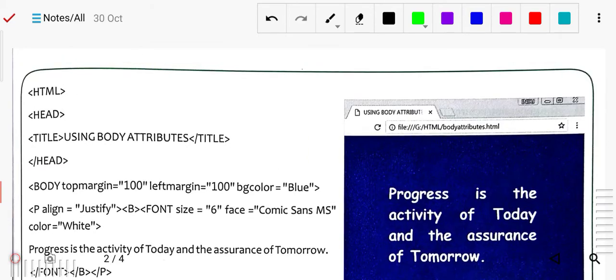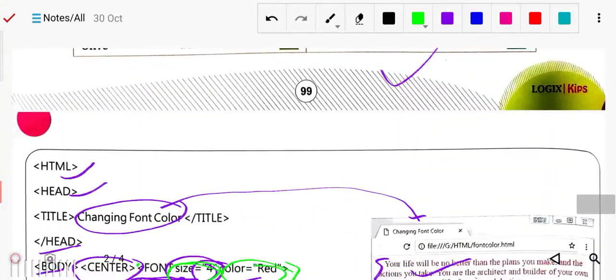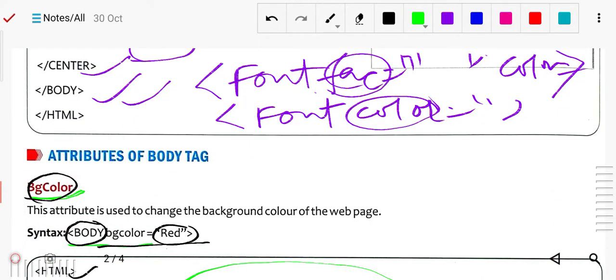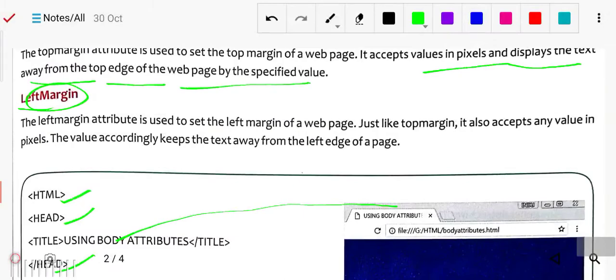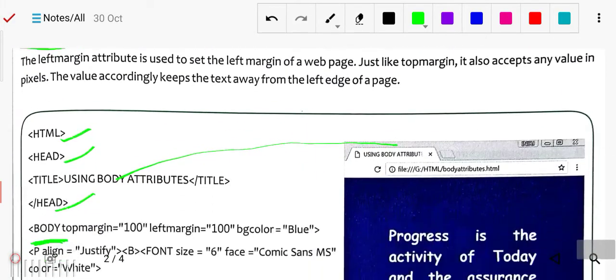Here you can see the same html, head, title. Then the body, and this is also used as an attribute of the body tag, because we are studying the attributes of the body tag. These are used with the body only. This bg color is also used with the body, and top margin and left margin will also be used with the body.